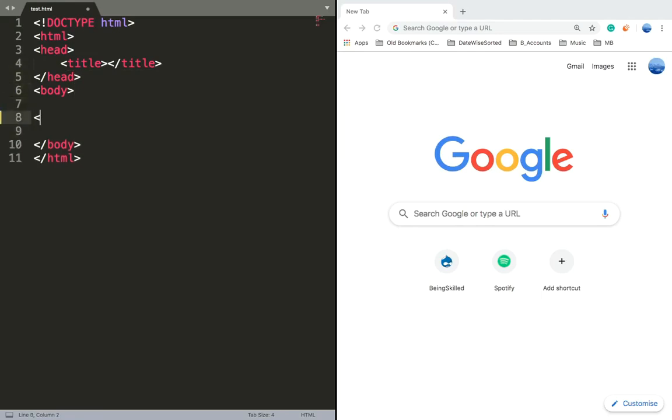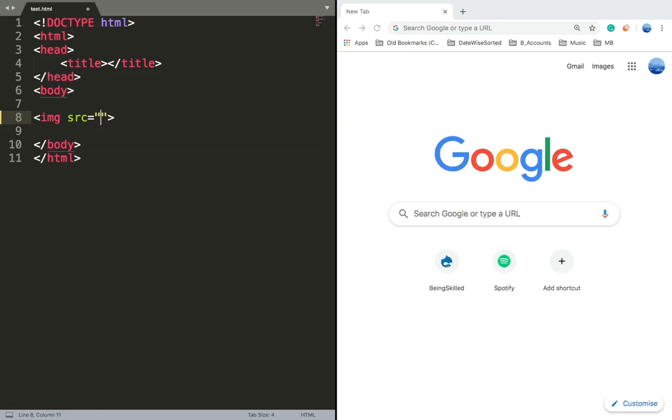We add images using the img tag. If you let it autocomplete, you will see that we have an src attribute. This src attribute is the main thing in the img tag because the img tag doesn't have a closing tag. It is a contentless tag. So the main crux of the image tag is the source. Source is the location of your file.